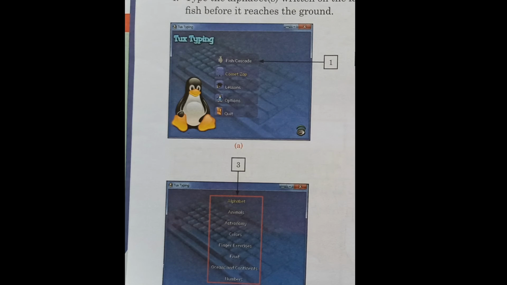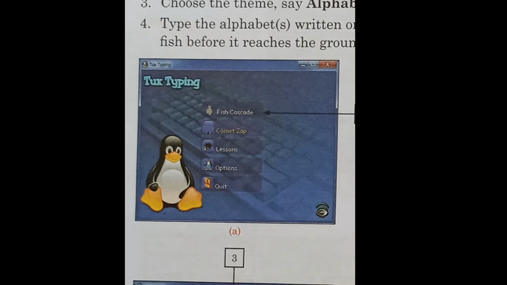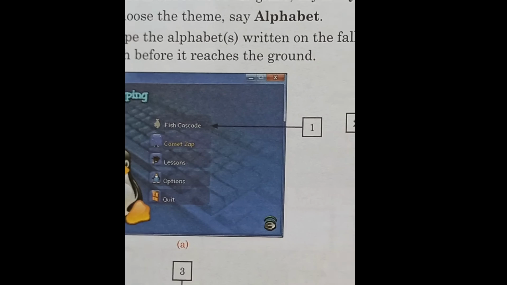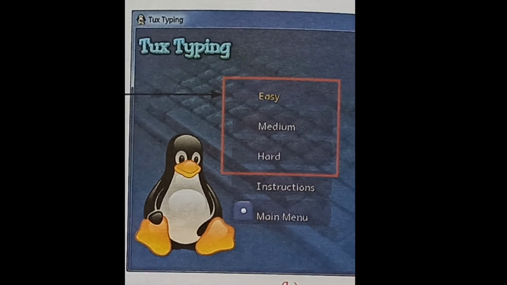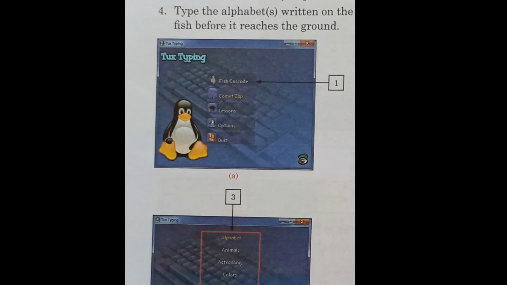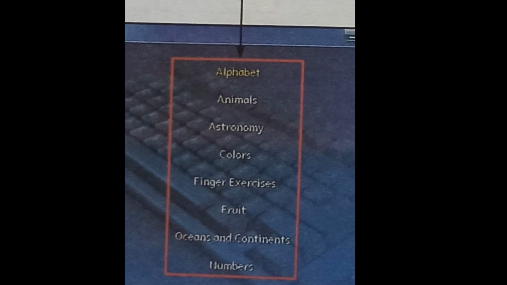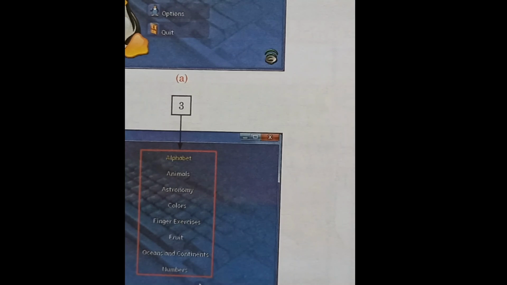Now here, to start the Fish Cascade game, follow these steps. Number 1, click on the Fish Cascade option. Number 2, choose the level of the game, say easy. Then number 3, choose the theme, any alphabet.